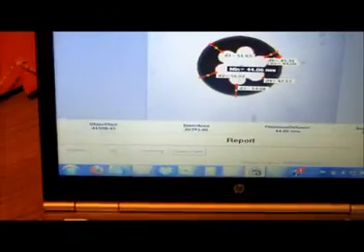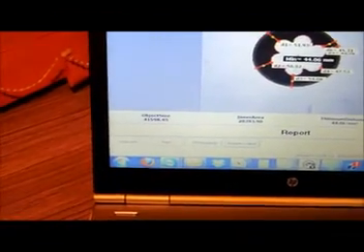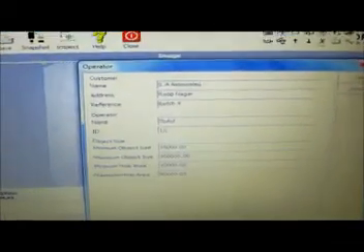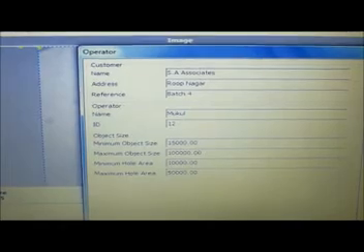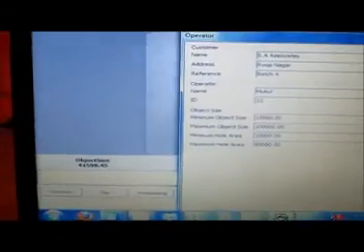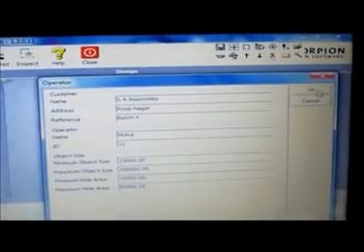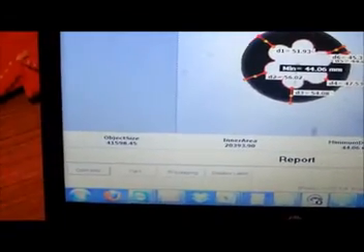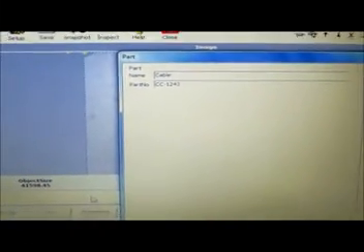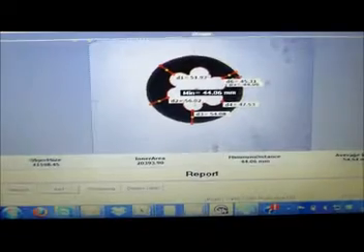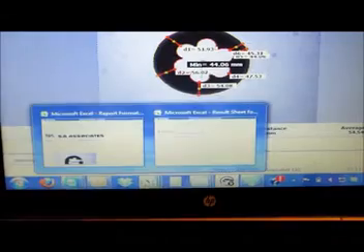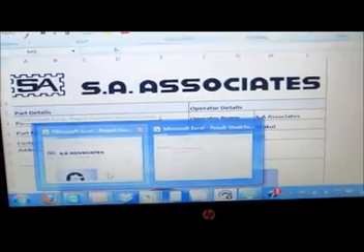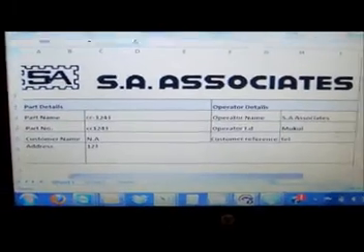and then you can press the details down there as operator to feed in the operator details. You click this, you can feed in the customer name, address, the operator name and ID, and then you can click OK. You press the part for part details. You can add the part details, then you can add the processing details, and finally you can press the report button. Yes, you can see the complete report with all the details.